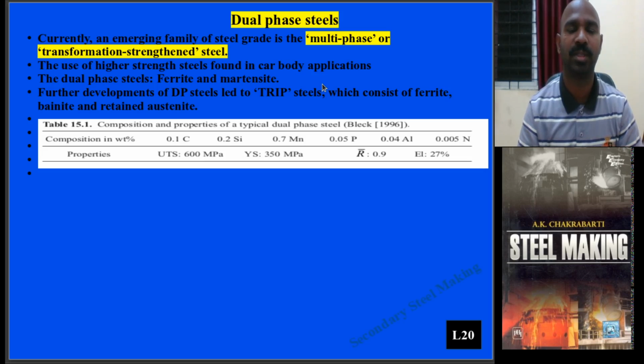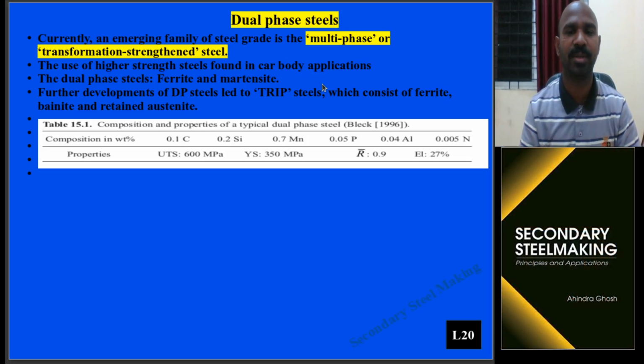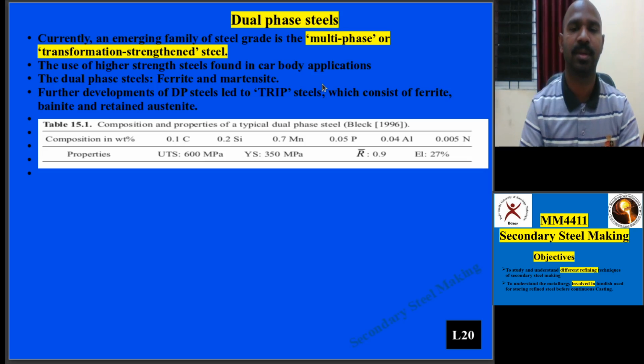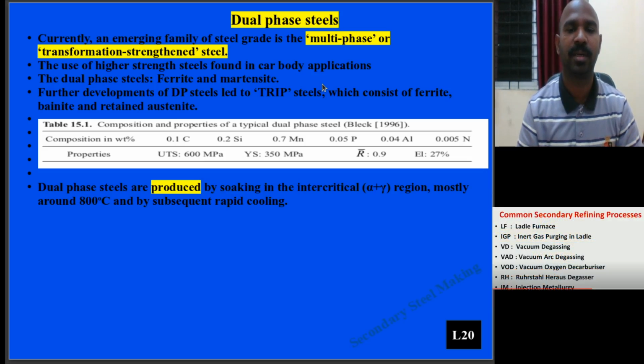After heat treatment, when you go for the cold working process, this retained austenite try to find its way by phase transformation into martensite, which leads to very high strength. This is another important aspect of the TRIP steel, and the main processing and developing this dual phase steel is